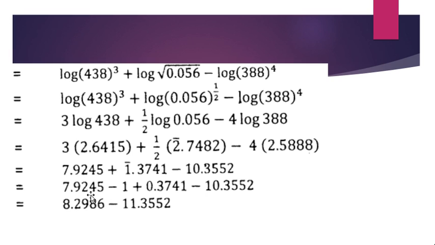So I will add these two values, 7.9245 plus 0.3741, the answer will be 8.2986. And these two values, minus 1 and minus 10.2986,